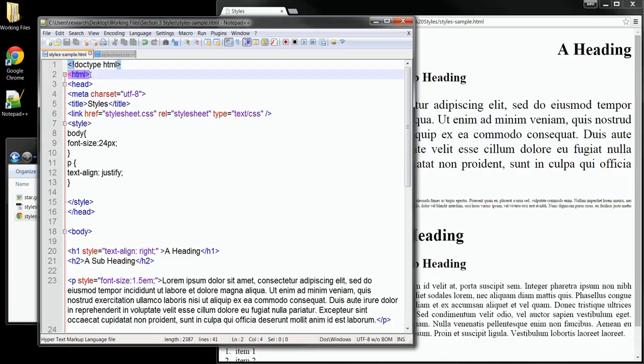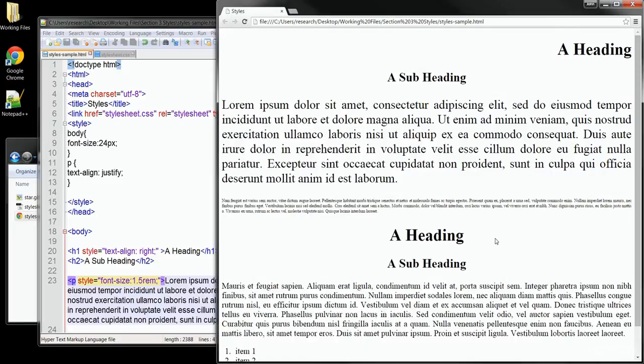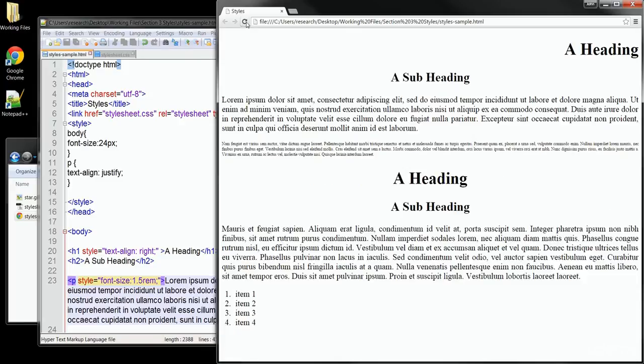Since our document is very simple, I could switch to using rems simply by changing the em to rem. Now let's save our changes, and we'll go back out and refresh the browser and see what that does. First, we'll look at our paragraph up at the top. You can see it's quite a bit smaller than before, and that's because in our document, we've not made any changes to the root HTML tag, so it's still the default size, and our 1.5 rem is based on that